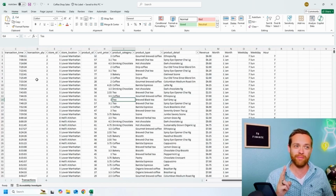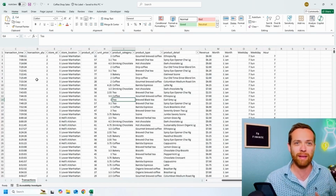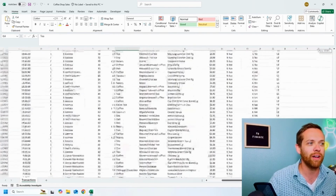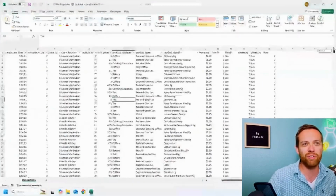I've got 2 data sets here for you. The first one is a bunch of data from some coffee shops in Manhattan. Let's see how many lines we've got here. I wanted to make sure we got a really big one. All right, so we've got almost 150,000 lines of data, and it's just a lot of transaction data for a